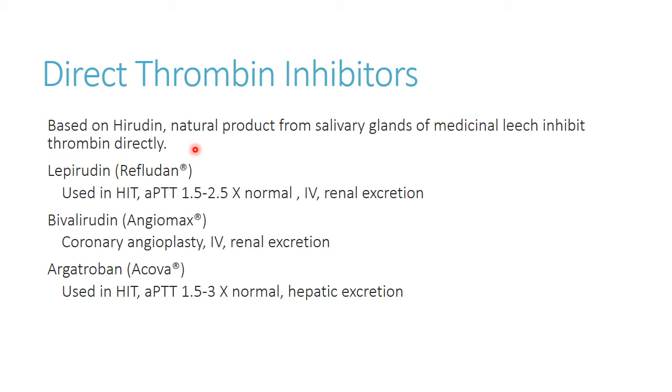But now we don't have to use leeches very often because we have these products that are based off that hirudin, that natural anticoagulant that the leeches were producing themselves. So we have 3 drugs here. We have lepirudin, bivalirudin, and argatroban. These are basically going to be directly affecting factor 2, and so as such, the monitoring parameter we're going to use is,